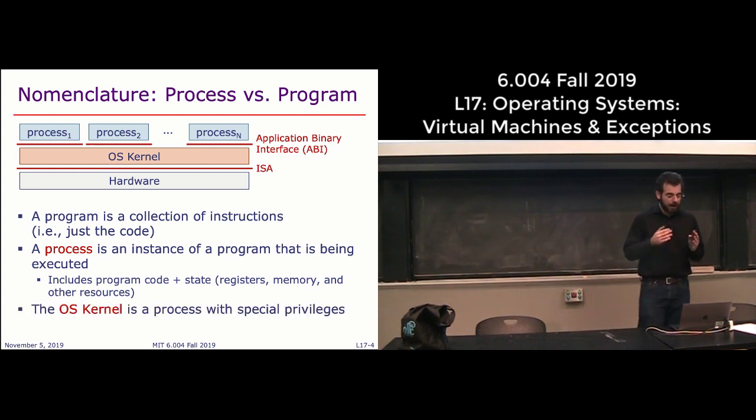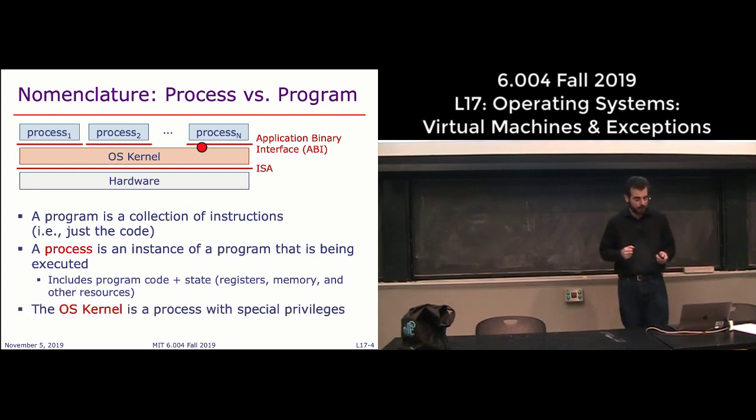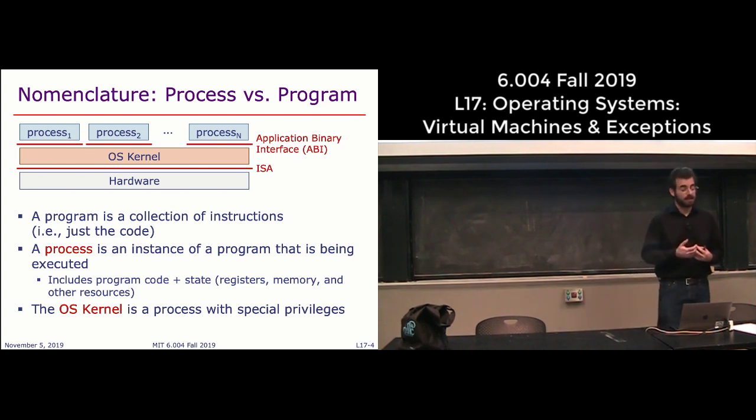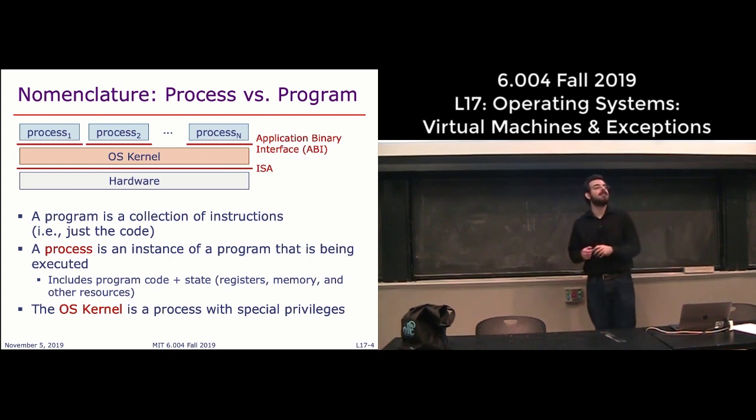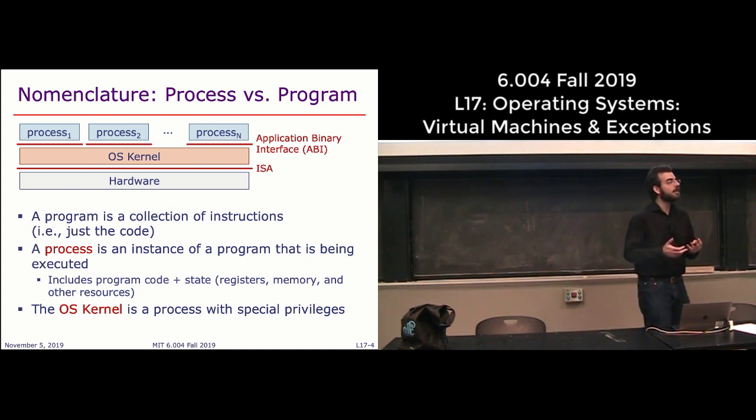So the other change that you see between this picture and the one in the previous slide is that all of these are processes. They're running programs. And then we have the operating system kernel instead of just saying the operating system at the bottom. The operating system kernel is just a process that has special privileges, that can do things that these normal processes cannot. Now, we differentiate between the operating system and the operating system kernel because an operating system, generally, we